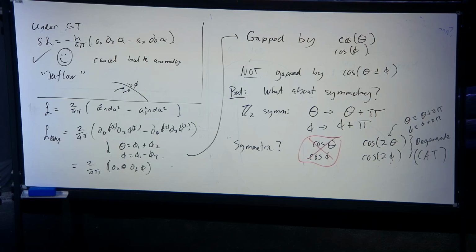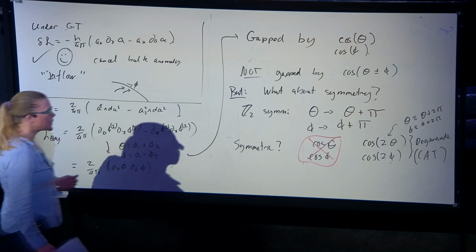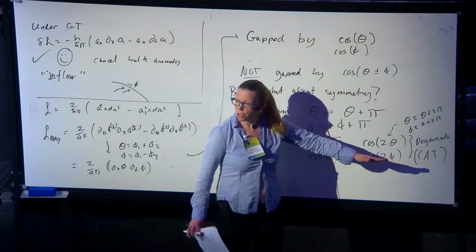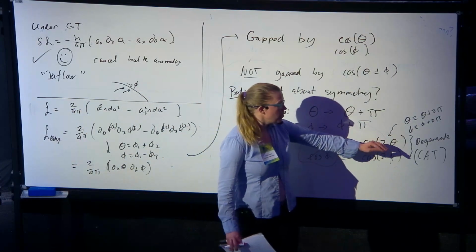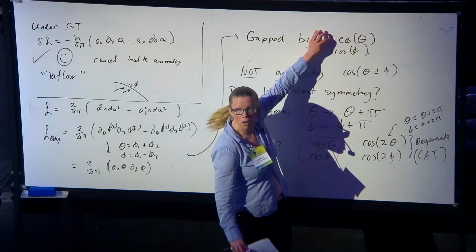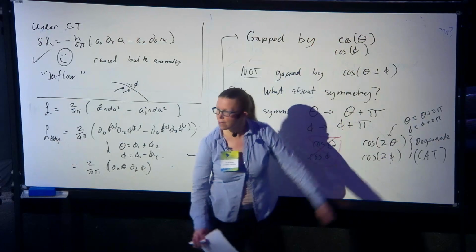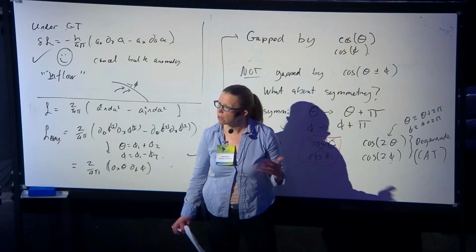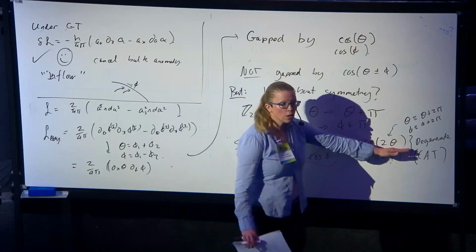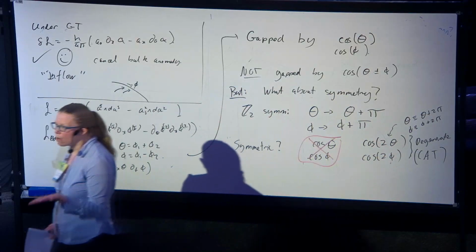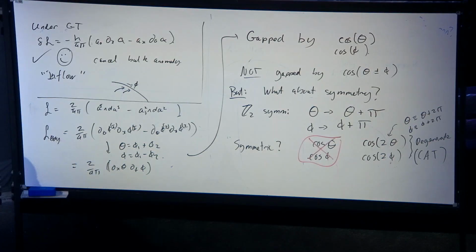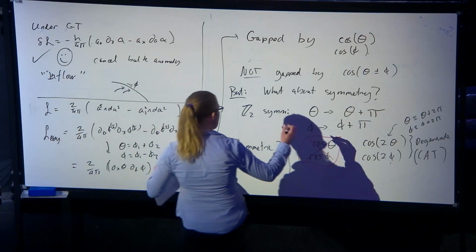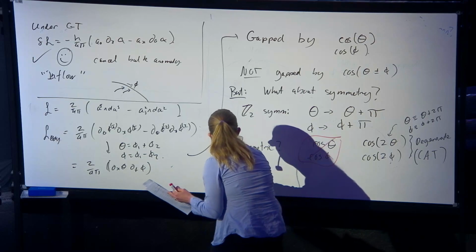So now it's relevant. I made it really big, okay? So it will gap the edge. But what I'm saying is, either you generate cosine theta, in which case the edge is not invariant under the symmetry, or you generate cosine of 2 theta, but now there are 2 degenerate ground states. Right. So that's the statement. And this aligns exactly with our definition of SPT. There is no